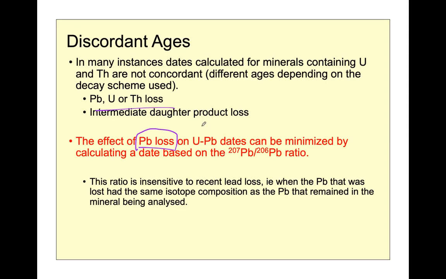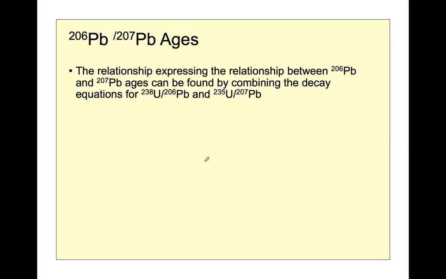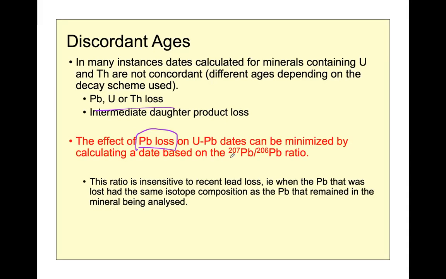So if you are getting discordant ages from a given analysis, probably you can use the 207 ratio as the closest value for the real age, because you saw that the decay constant is largest in 207. So therefore it can give you a better age